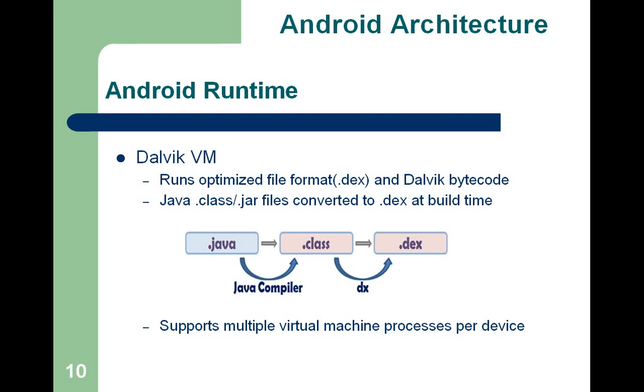So one additional thing which happens in Android is that it gives us another output, .dex, which is the Dalvik executable format. So this supports multiple virtual machine processes per device. To achieve this, memory is one of the big constraints. So the Dalvik executable or DEX format is